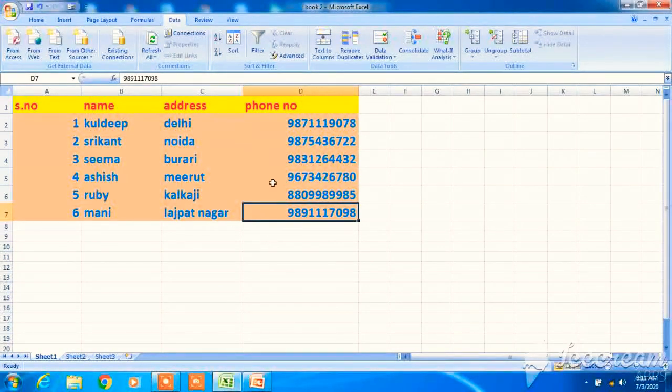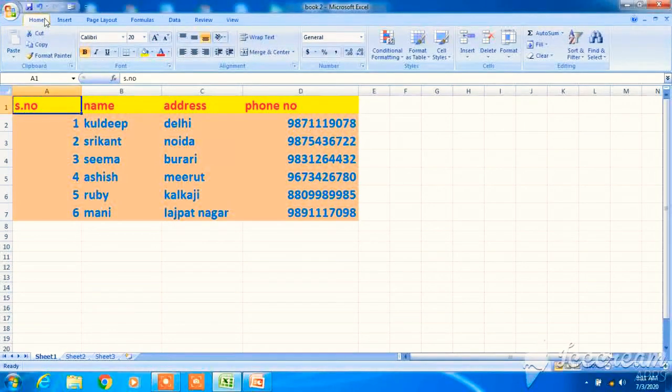See, class 7, this is your Excel sheet, right? And this is your database. First of all, we will learn how to apply custom filtering. For applying filter, you need to select the cell and in Home tab, the editing option is there where the sort and filter option is there. Click on filter.